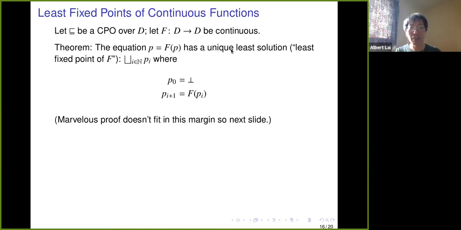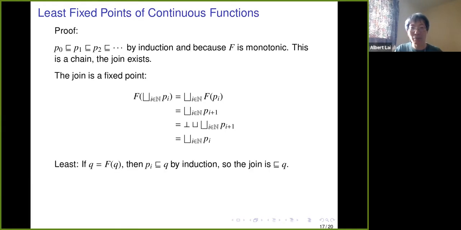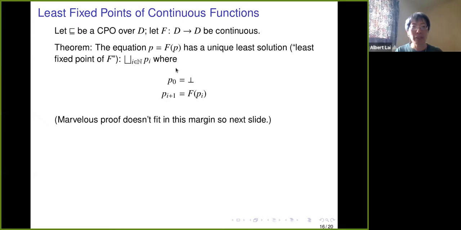And of course, actually the uniqueness is also a little bit tricky, so I don't leave it as an exercise, but the proof on the next page has everything. And that solution, the least solution, which is unique, will be the join of a